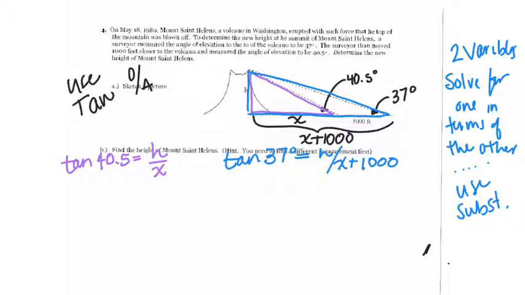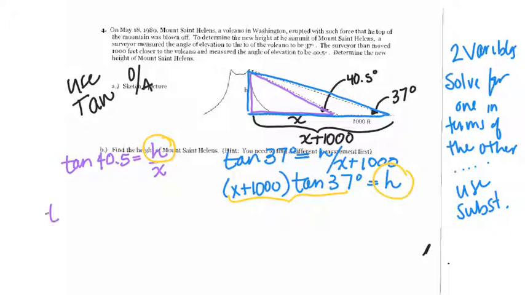I'm going to take my blue equation and solve for h. So that would mean I would multiply both sides by x plus 1,000. So I have 1,000 times tangent of 37 degrees would equal h. And now I'm going to take what I know here, and I'm going to plug it in right here. Okay, so I'm going to plug all this in right there. So I've got tangent of 40.5 equals h, but I know h is x plus 1,000 times the tangent of 37